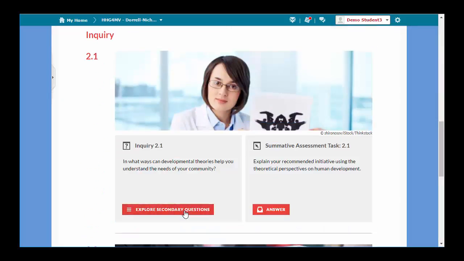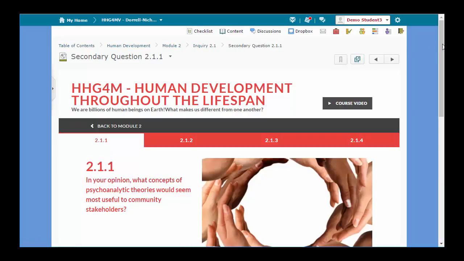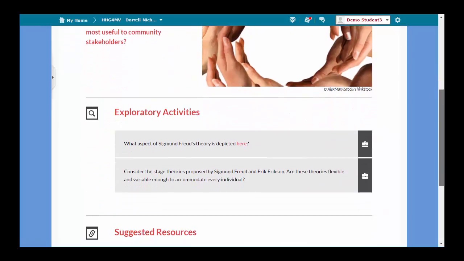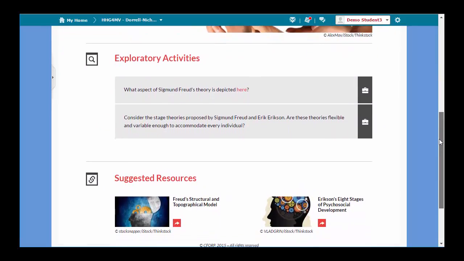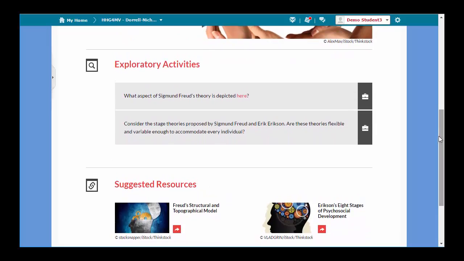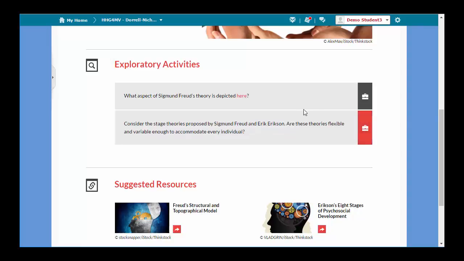Explore, and we're looking at 2.11, which has you analyzing the theories of Freud and Erikson. And you're asked to revisit the exploratory activities after you've done your readings and your chart on those two theories. And beside the activity, there's an ePortfolio icon. Now, when you click it, unfortunately, the instructions come up in French, but it basically tells you to respond in